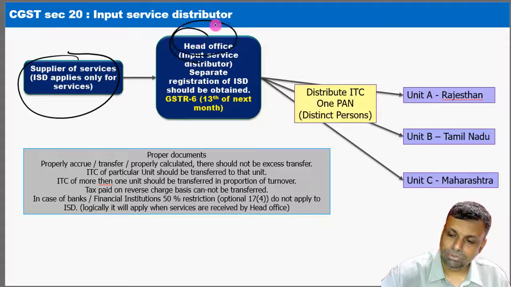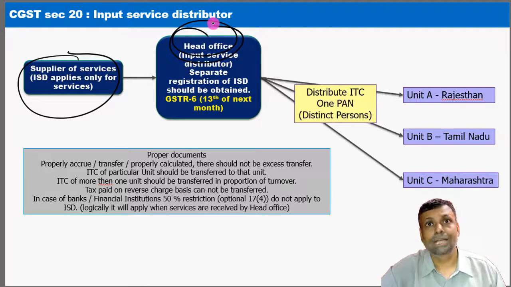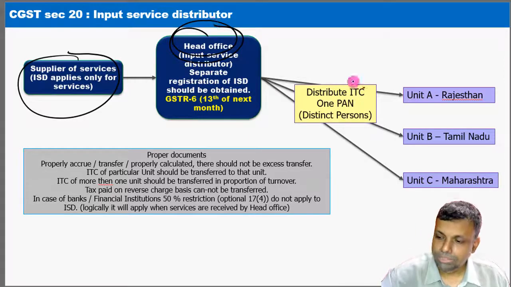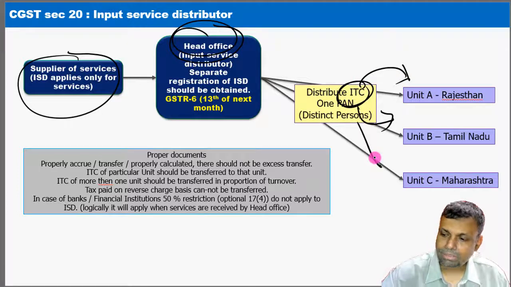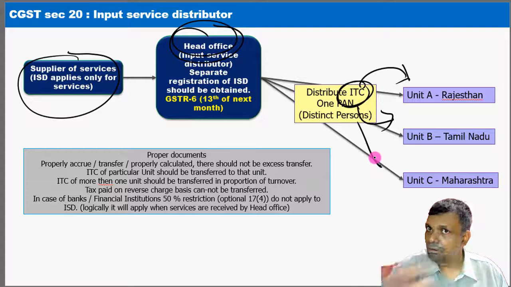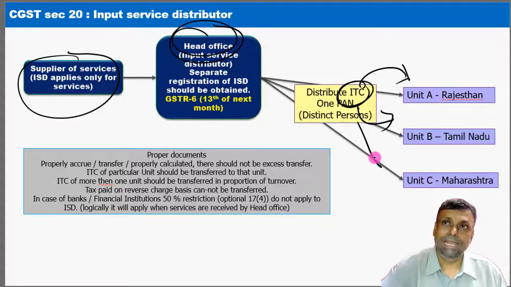For example, head office. So head office of a particular large organization has got a lot of input tax credit, a lot of bills, etc. accumulated there. Then they have to distribute the input tax credit to the different units. Remember that the distribution has to be done in a logical manner. You don't have a free hand. It's not like you do whatever you want to do. If it is directly related to a particular unit, do that particular transfer. Not directly related, some turnover criteria has to be used.